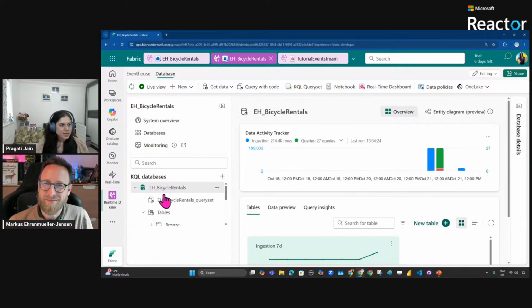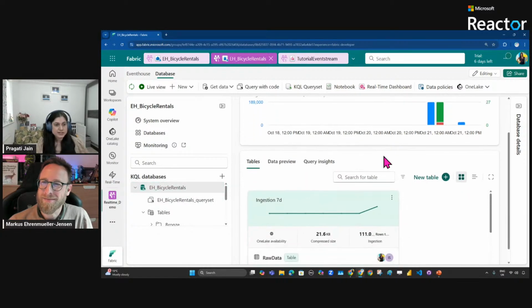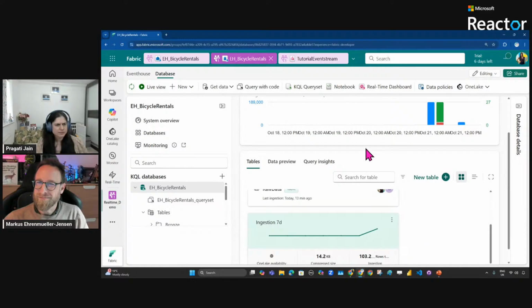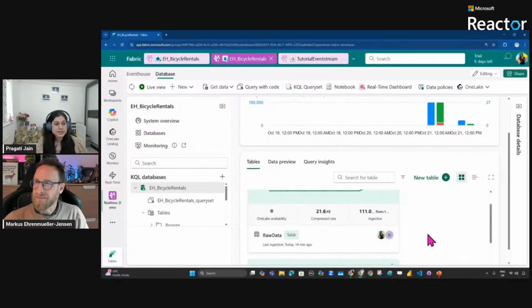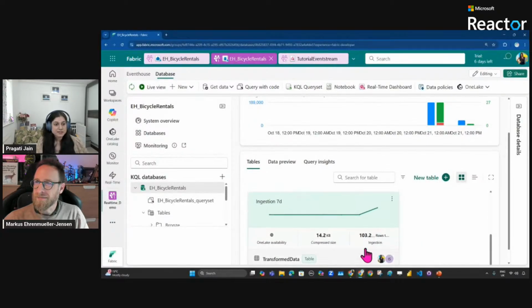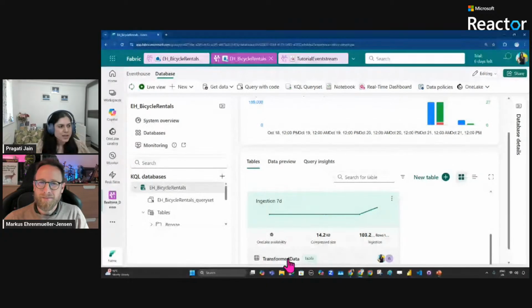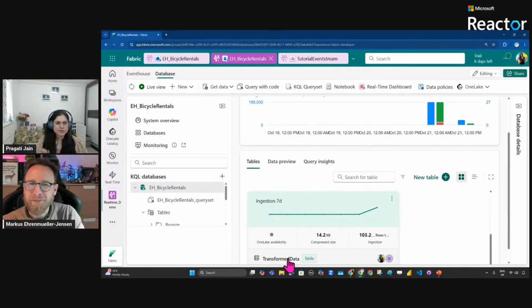So it's fine. So once that KQL database is created, you can actually see the data tables here. Like in my case, I ended up creating a few different tables. Like I've got raw data in here. Basically, it is just ingesting the data without any transformations. Then I ended up creating some other tables like transform data using KQL queries. We'll look at those queries very quickly, because we don't have time to give a very detailed demo, but I would like to explain things as much as I can.